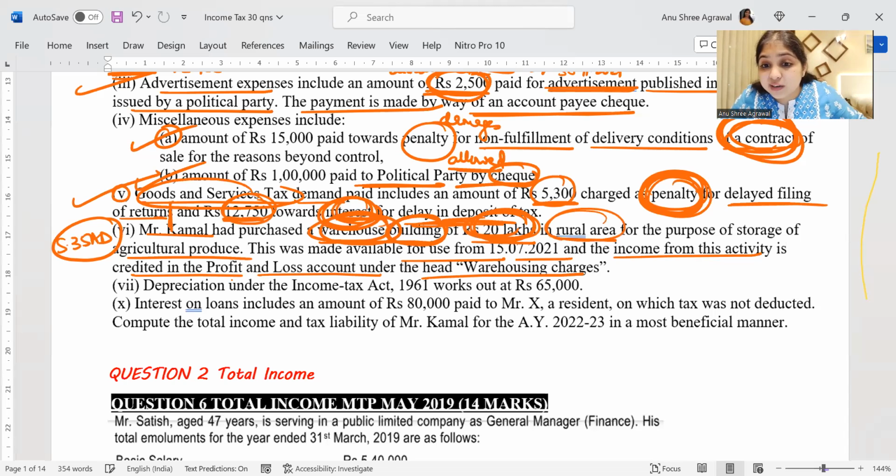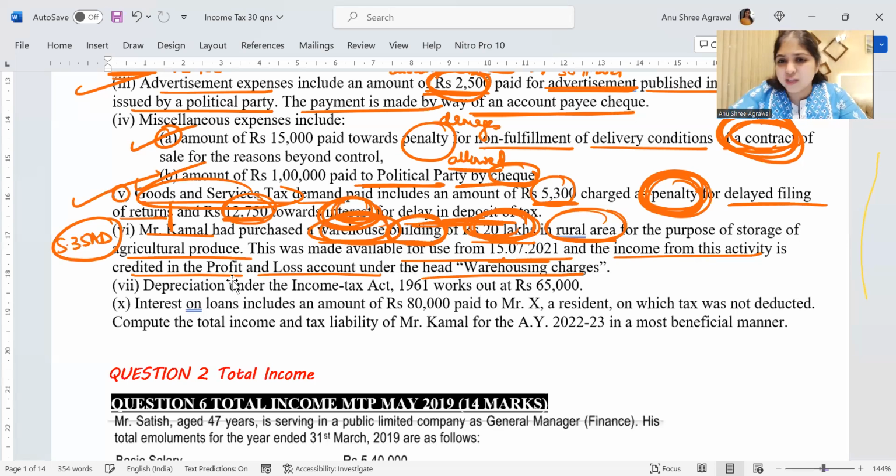Does it make a difference to you that it is in the rural area? Doesn't make a difference to us. Does it make a difference when we started using it? Tell me, when did we put the asset to use? That concept is relevant only to depreciation. It doesn't matter when you put the asset to use in 35AD. It doesn't matter in scientific research. It doesn't matter when you put the vehicle to use in 44AE, presumptive taxation of vehicles. In nothing else does it matter when you put it to use. This is a concept relevant only for one place, and that is depreciation.